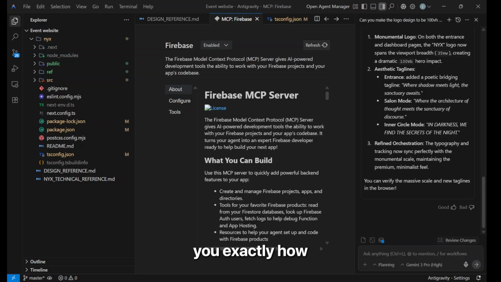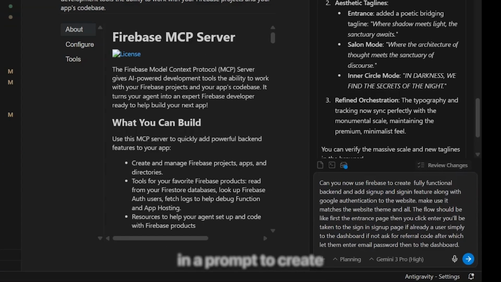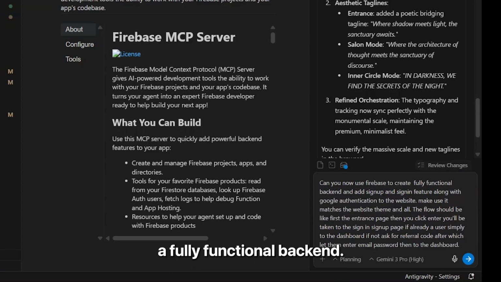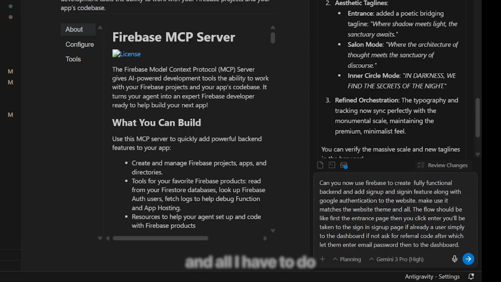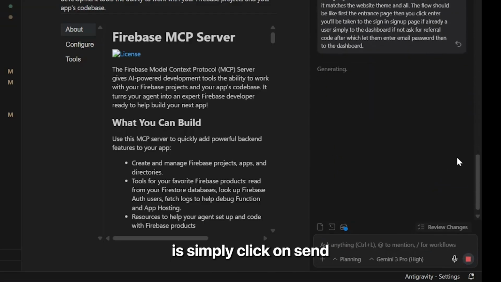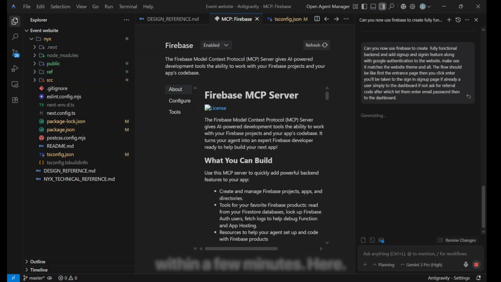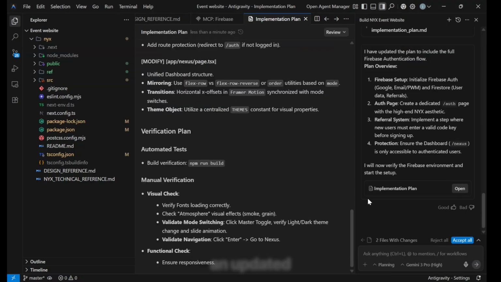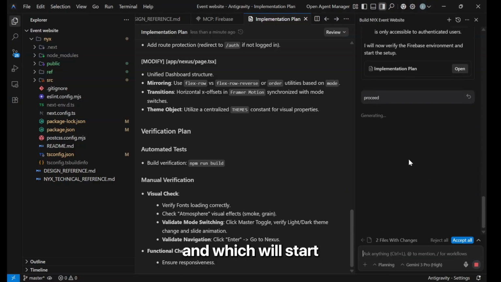Let me show you exactly how you can use MCP to leverage and create the backend for your application. What I did here is add in a prompt to create a fully functional backend, having the login as well as sign up feature, use Google authentication, and basically make all those pages following the theme of the website. I've also added in a flow that it should follow, and all I have to do is simply click on send and my backend will be ready within a few minutes. Here they have given me an updated implementation plan which I can approve